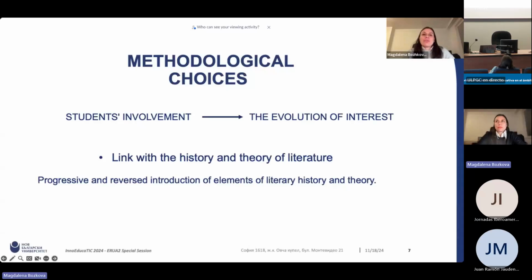As for the so-called reverse side, again, it involves the simple but inconvenient approach of introducing the basic concepts of literary science, not beforehand, but after participants have been given the freedom to write, read, analyze, and reflect without being constrained